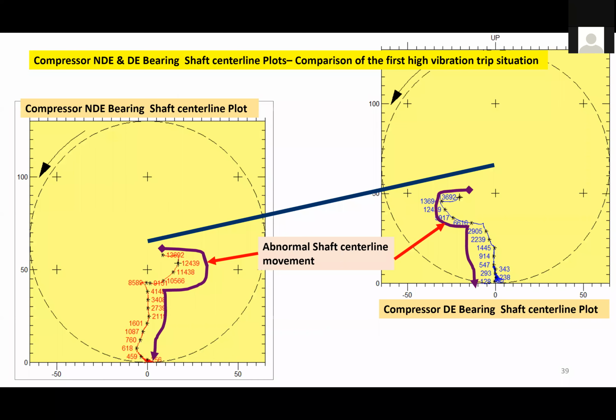So these are the shutdown plots of the compressor non-drive-end bearing and drive-end bearing. I'm trying to give you a pictorial presentation of this. So you see how the shaft center line was moving. Once the machine had the surging and was coasting down, you can see that one bearing is showing movement in one direction. The other bearing is like a mirror image of the movement of the other one. You can see that the shaft center line plots are just like mirror images.